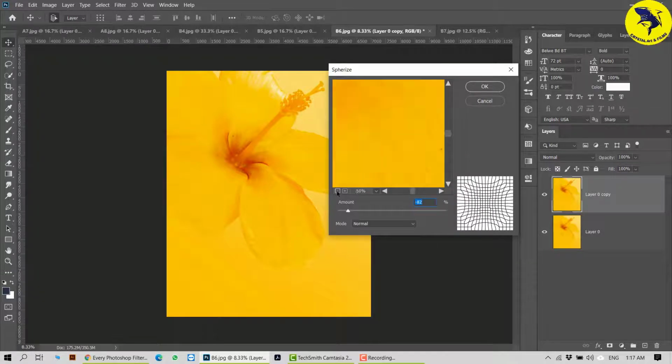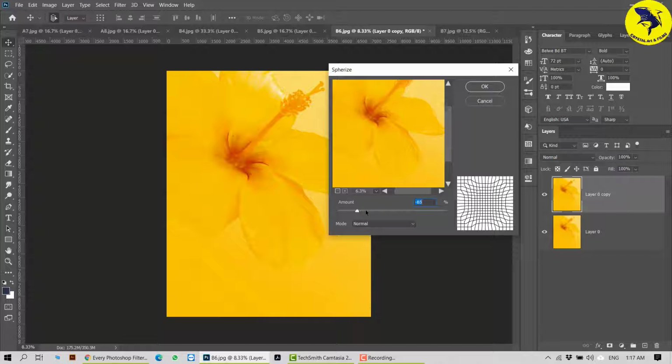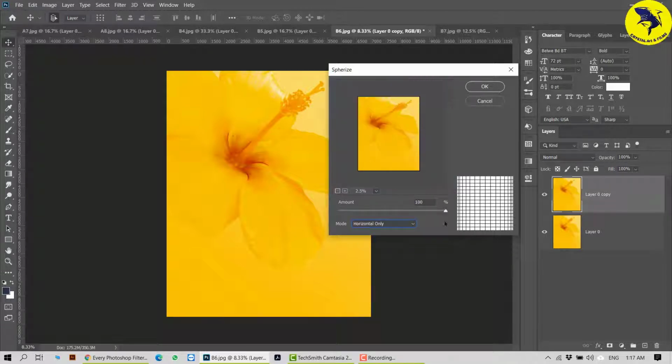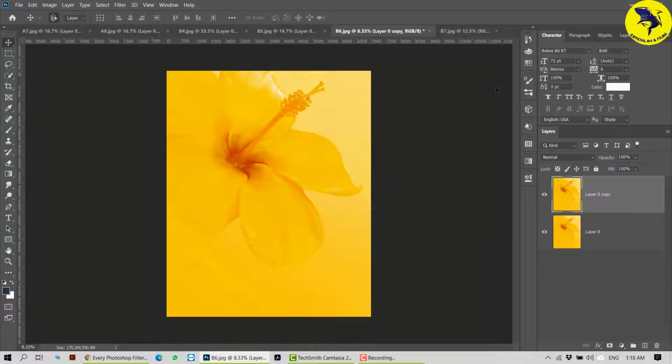See, now if I reduce my zoom in, and if I increase, it's actually pulled out. It's a normal mode. If I say horizontal, you can see it goes in the horizontal way, like you can squeeze it or you can punch it. If you want, you can go for vertical. See, you want to squeeze it, but it will not leave the edges, only in the middle it will work. Or you can go for the normal mode and pull it out, and if I say okay,